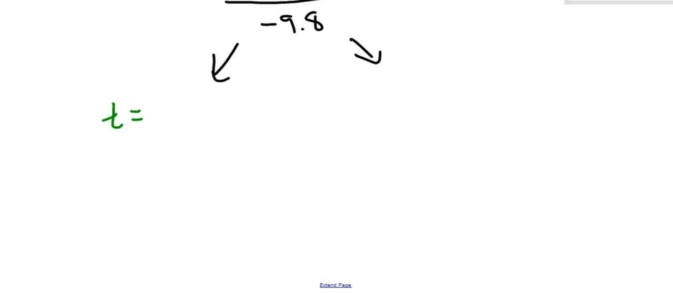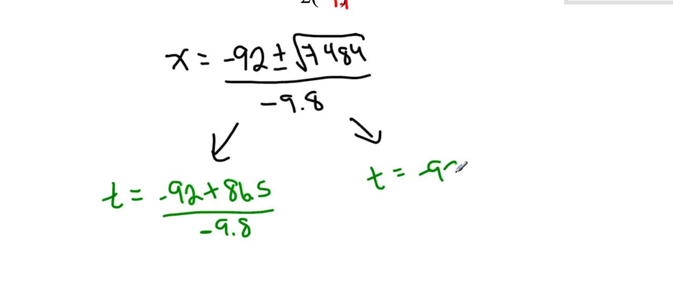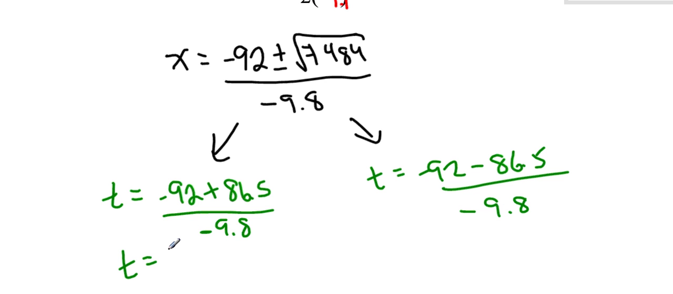So what do we have? We have negative 92 plus, well, what is the square root of that number I found? 86.5, divided by negative 9.8. Or I have t equals negative 92 minus 86.5 divided by negative 9.8. So over here, let's do that math. Negative 92 plus 86.5 divided by negative 9.8. So here I get an answer of